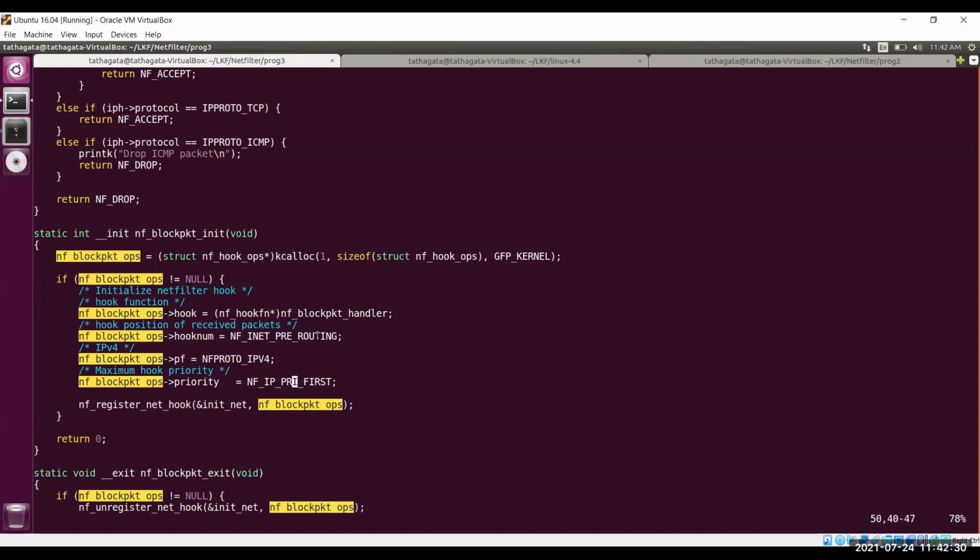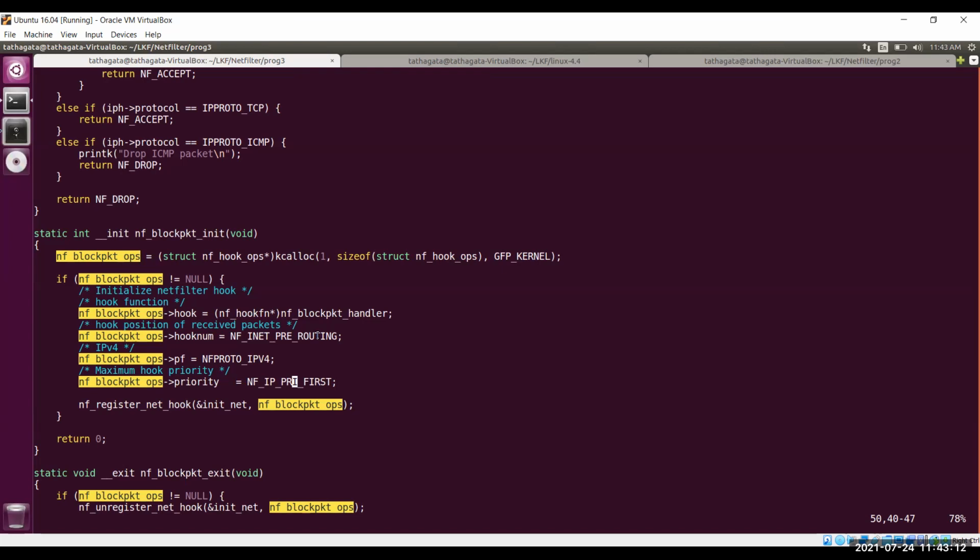I'm saying, for the pre-routing also there will be many callbacks, right? Yes. So if our callback is the first callback, then the packet will not go to the second and the remaining callbacks. So that is the main point. Say there are 5 callbacks in the same hook point, there is no point of going through all the existing callbacks if the packet is ICMP. That will unnecessarily degrade the performance.